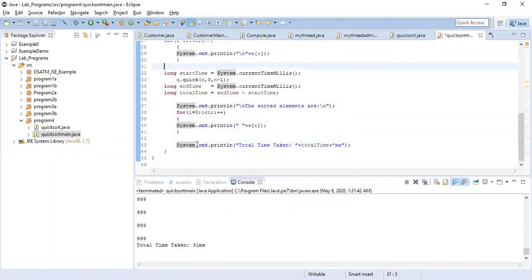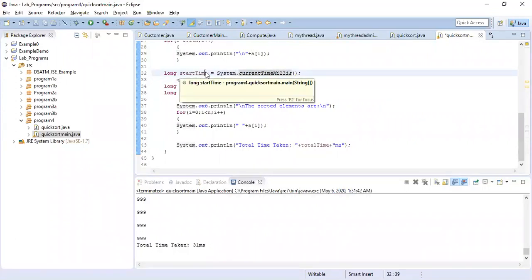And here we have still other information. That is what I came to tell. Here we are recording the time, because you know that this function call is the main part which takes the maximum amount of time, right? So before calling this function, I'll record the time and make that the start time.